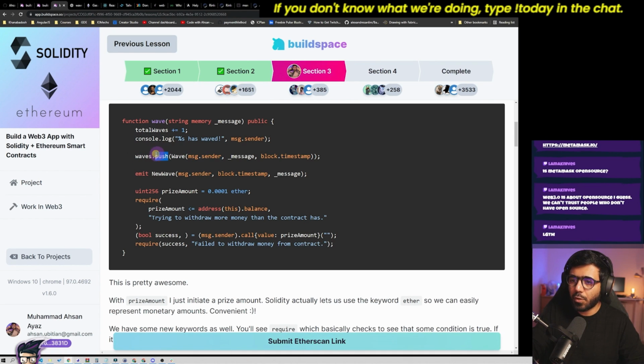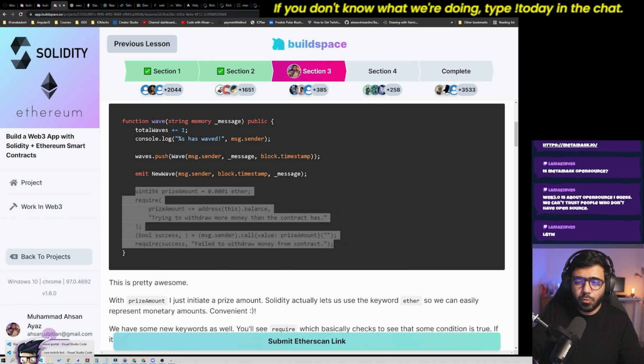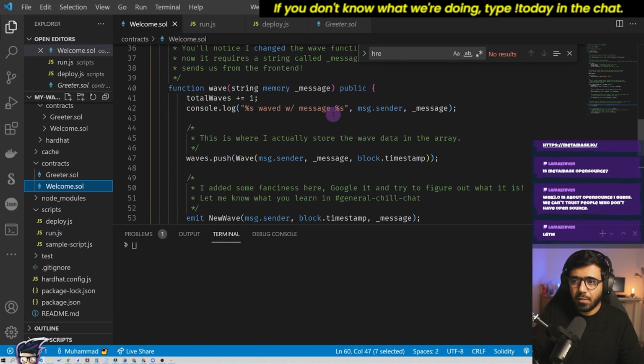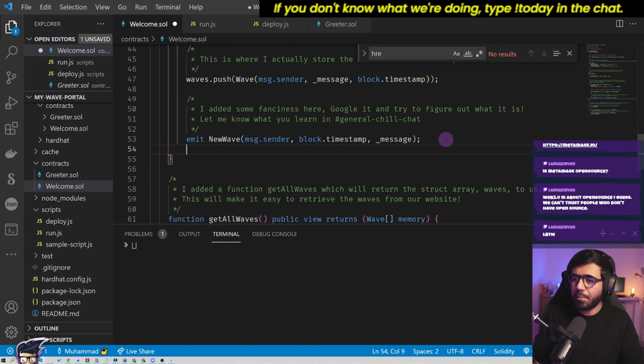So in the wave function, we are doing something new here. We have waves.push, we emit this, and then we have prizeAmount = 0.0001 ether. So it seems like ether is a unit we can use in Solidity. Then we require prizeAmount <= address(this).balance, with the message "Trying to withdraw more money than the contract has." Then (bool success,) = msg.sender.call{value: prizeAmount}(""), then require(success, "Failed to withdraw money from contract." So I'm going to copy this, go to my Solidity file, WavePortal.sol, and inside the wave function, just after the emit,